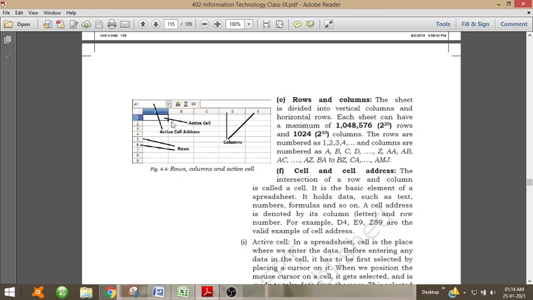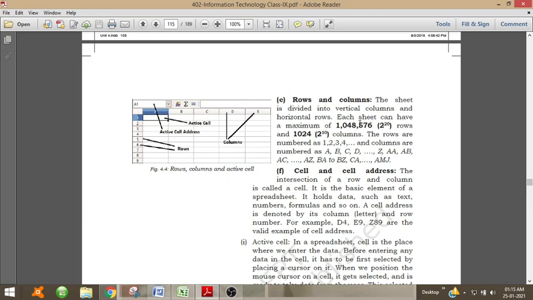When we click on a particular cell, the cell address will appear in the name box, the place where the name of the cell appears. So these are the rows and the vertical collection of cells are called columns.